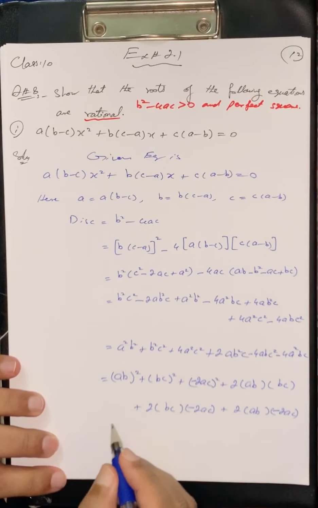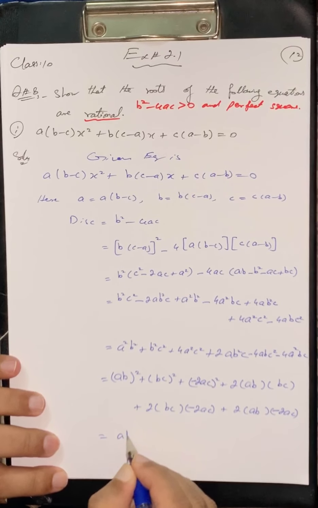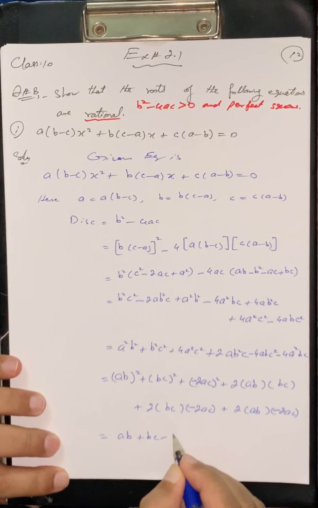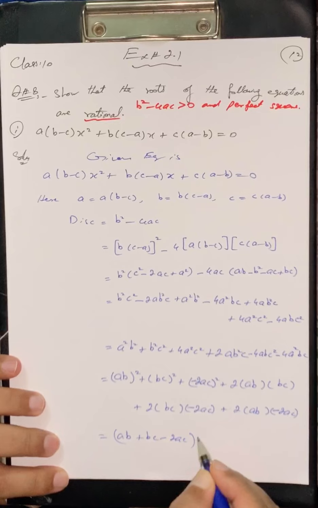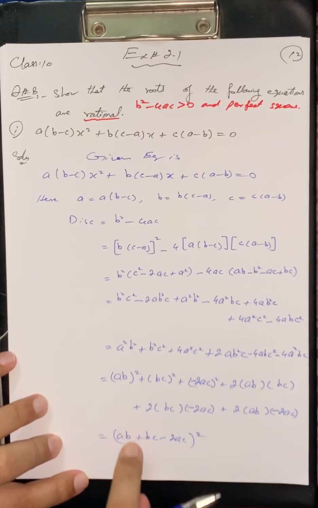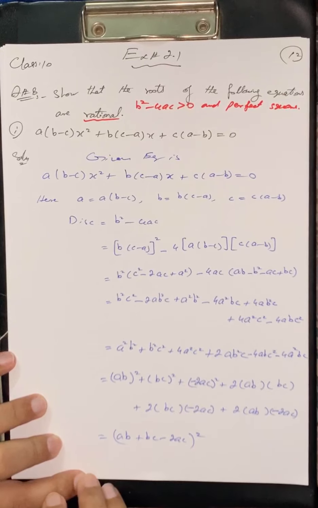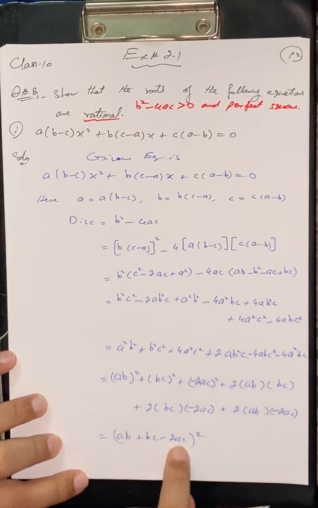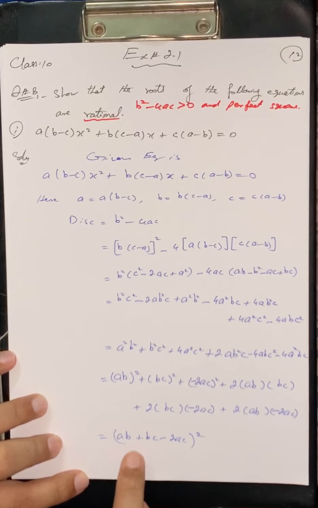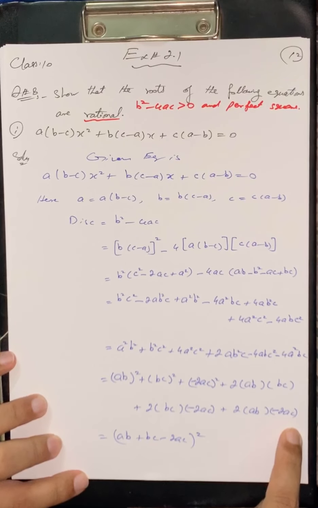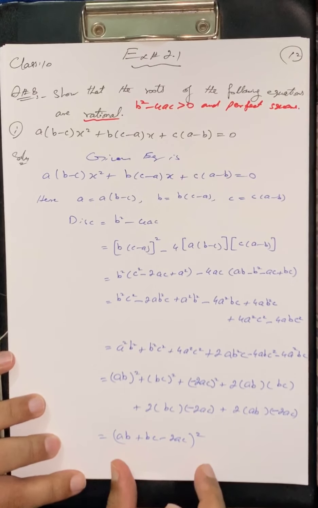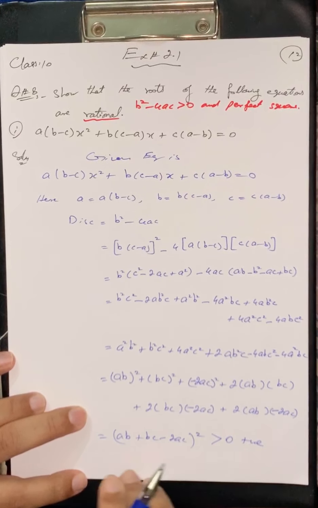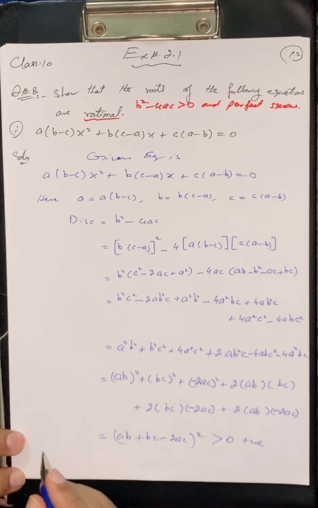So this is my formula. A is ab plus bc minus 2ac. That is your square. Again we check it. A square plus b square plus c square plus 2ab plus 2bc plus 2ac. See, all values are in the formula. And this square is called whole square, which is the perfect square, also greater than 0. This value is positive. So hence roots of the given equation are rational.